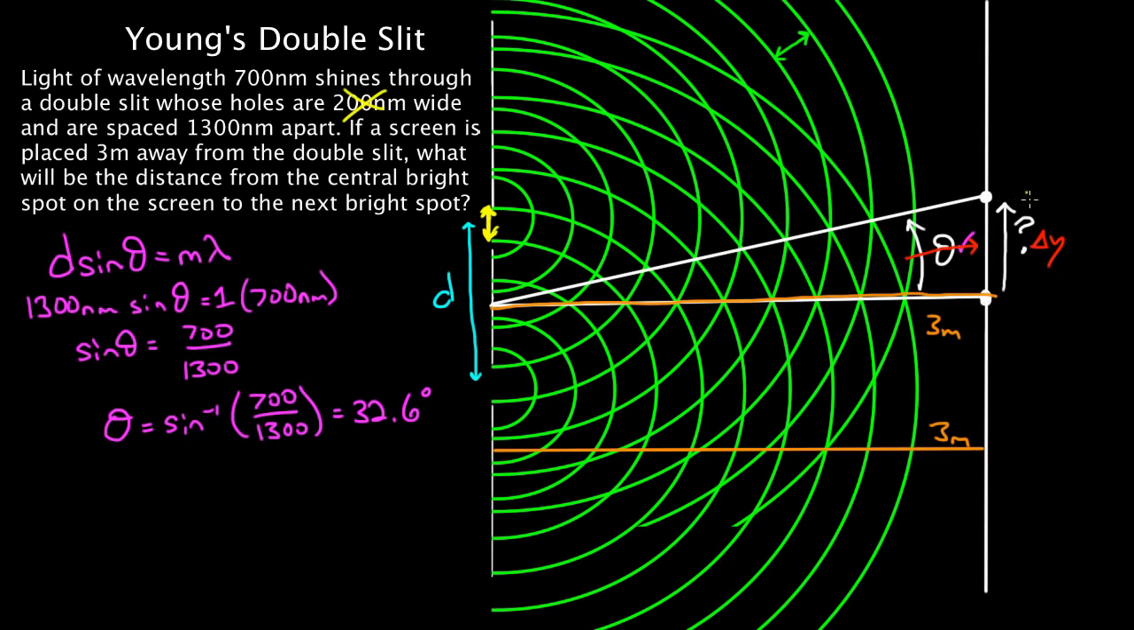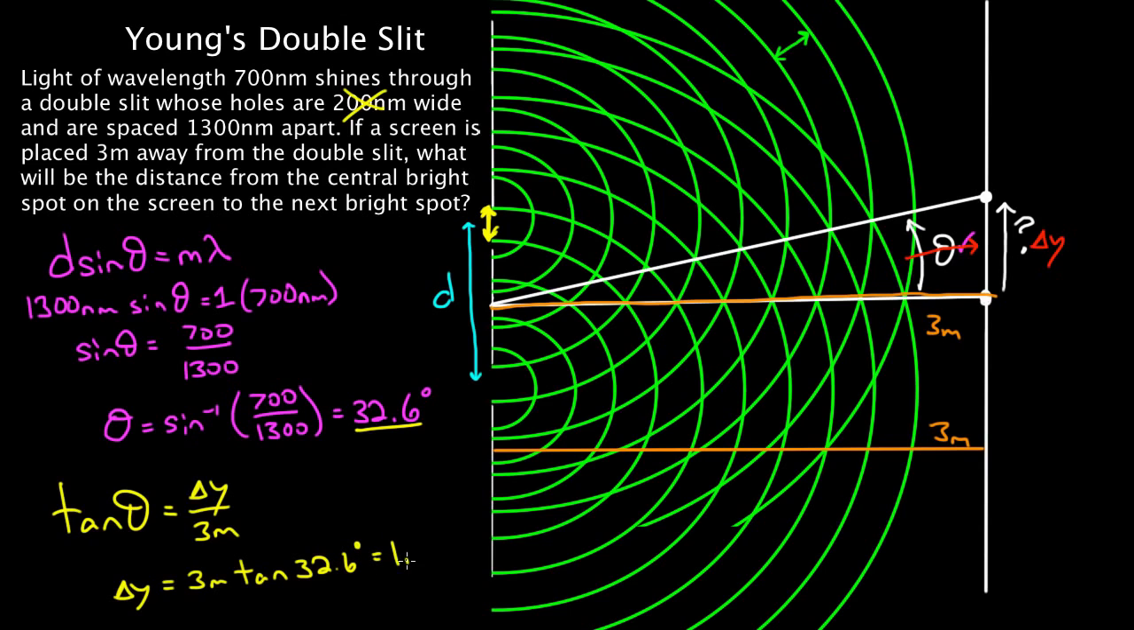And how do we relate the opposite side to the adjacent side? Shoot, I know how to do that. Tangent theta equals opposite over adjacent. And our opposite is delta y over 3 meters in this case. So if I solve this for delta y, I get delta y equals 3 meters times the tangent of theta. Theta we solved for right here, 32.6 degrees. And if you multiply all that out, you get 1.92